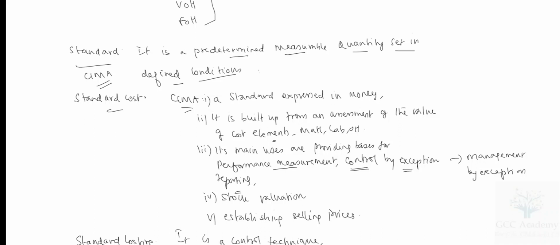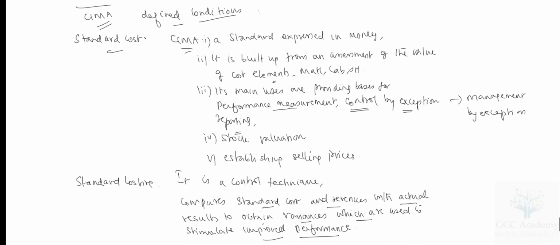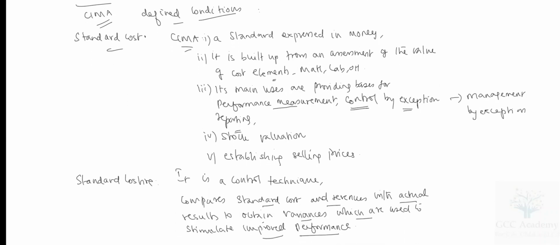Stock valuation, very interesting. If you recollect, in accounting standards, there is a mechanism which is permitted for valuation of stock, that is called the standard cost method, because sometimes it may so happen that you may not have cost data to determine the value of stock, so you are allowed to value stock on a standard cost basis. So stock valuation is always possible on a standard cost basis. So standard costing is also helping us to value the stock. Then establishing selling prices. As I gave an example, only if you know your standard cost properly, you'll be able to establish your prices.